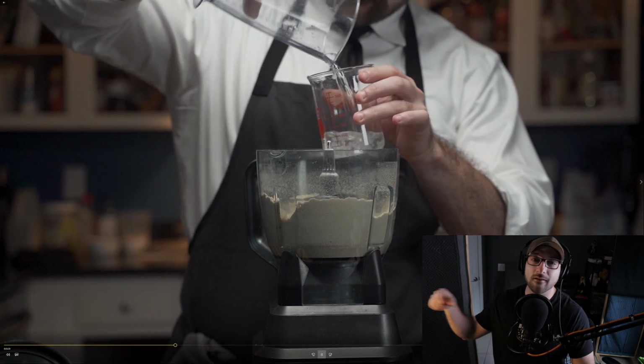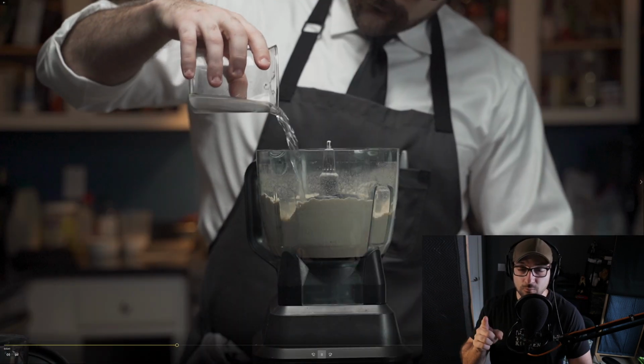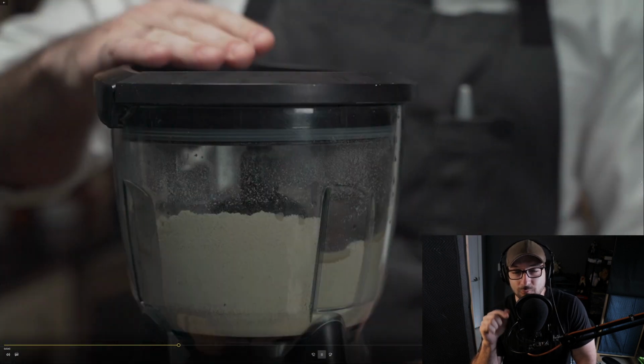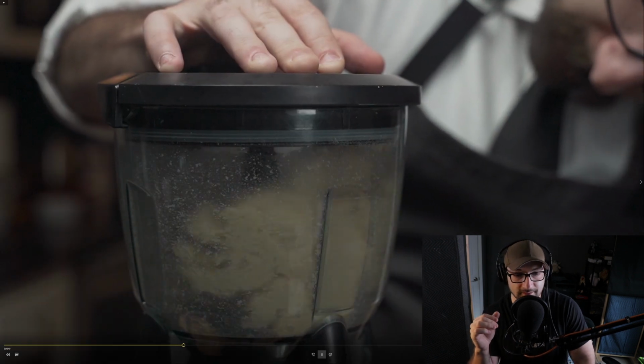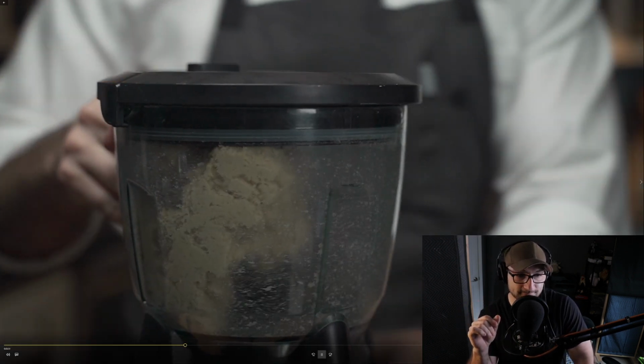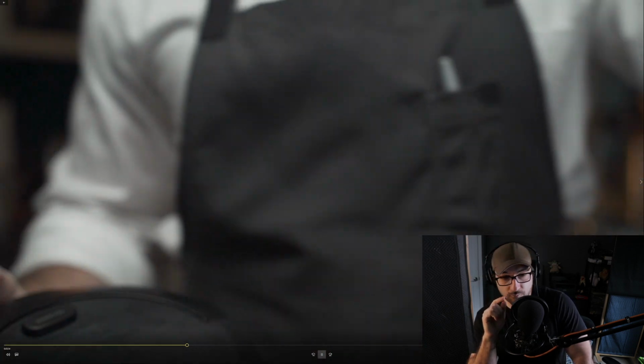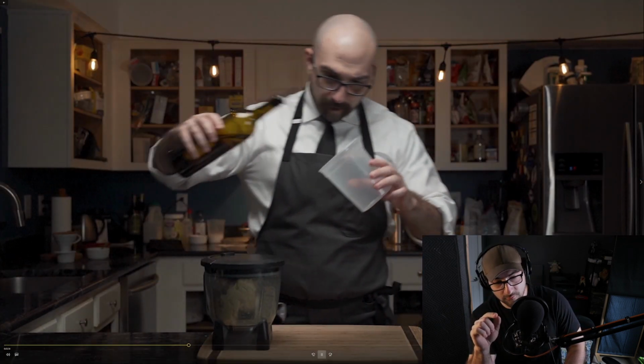This is a pro tip right here. Swirl it around, get all that yeast in there, and use cold water. If you use hot water, it's going to heat up even more in the food processor, and that's basically going to cause it to just be really bad. You want to keep your yeast alive. They're very finicky. Pulverize the dough for 45 to 60 seconds max. Once the dough is done,